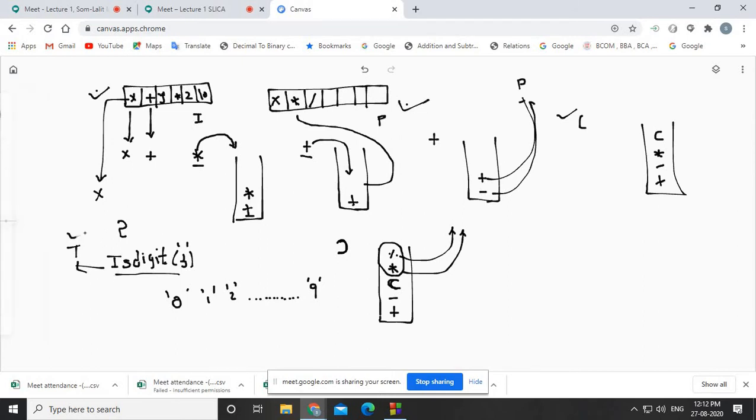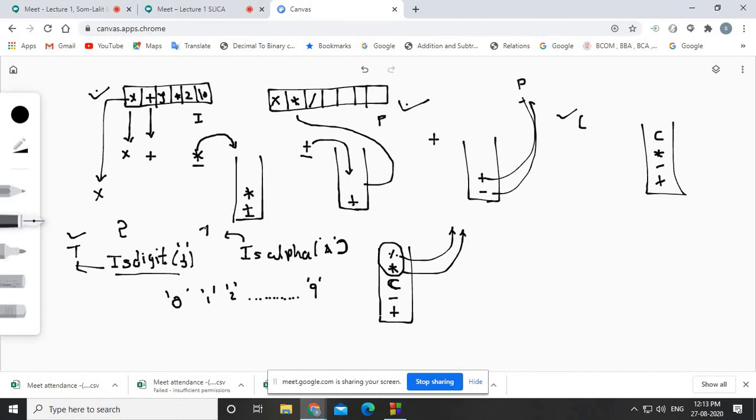Another function is called isalpha. Inside that, if you pass capital A or small a, capital B, small b, capital Z, small z, it returns true.